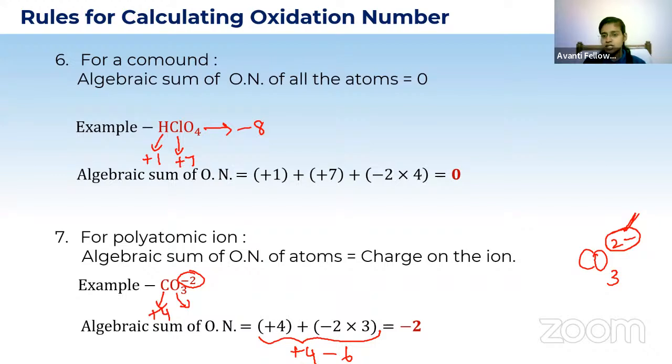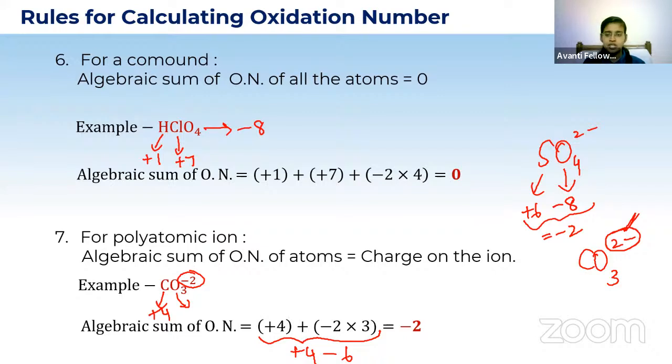Guys, are you able to understand? Let me take one more example also. SO4 2 minus. Here the sulfur oxidation number is +6, and for each oxygen it is -2. So 4 into -2 is -8. And if I calculate this, what will I get? I will get -2. This is the algebraic sum of the oxidation number of the atoms given in